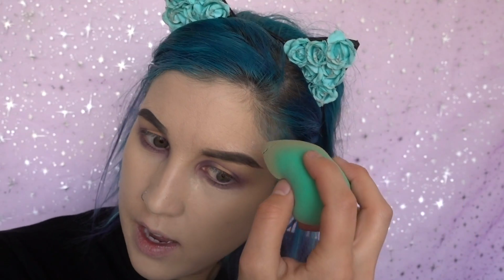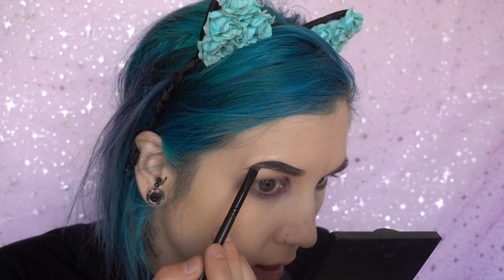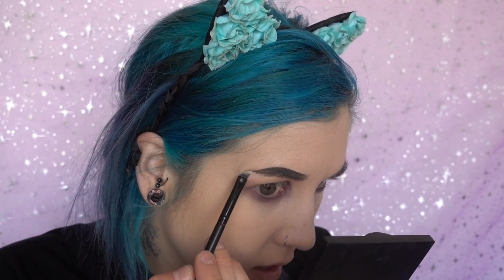By the way, guys, I don't love how this foundation is sitting on my skin. It's literally sitting on my skin. It doesn't look like it's sunk into my skin at all, and I don't like that at all. But we're gonna work with it. I just hate when it seems like you've spent money on something that you're gonna love and you don't end up loving it. I think actually this is a pretty good color match, but I'm going to go in anyway